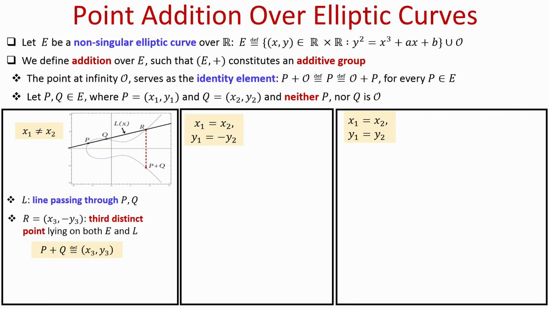If it was minus y3, it will become plus y3, whereas if it would have been plus, then it becomes minus. And the result of the addition of P and Q is defined to be that reflected point. So, that is the way we define the plus operation on points P and Q, where neither P nor Q is the point at infinity and x1 is not equal to x2.